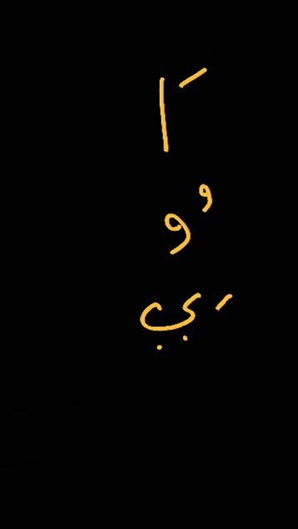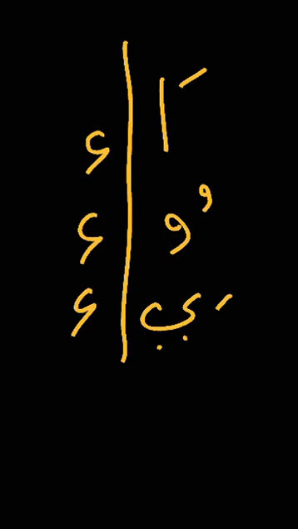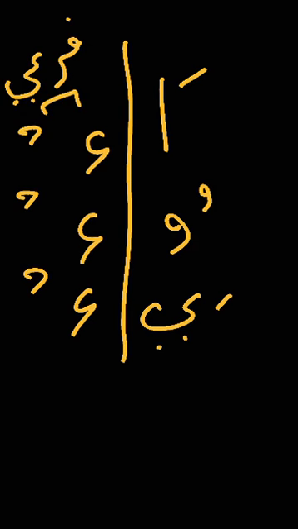This is natural mad. For some reason you will extend it more than 2 counts. This is natural mad, 2 counts. Some reasons, meaning suppose there is a hamza after this or a sukoon after this on the next letter, so this becomes mad fara'i. So mad fara'i is 2 categories, due to hamza or due to sukoon. This natural mad itself you will lengthen to more than 2 counts based on what follows it and where it follows, how it follows.